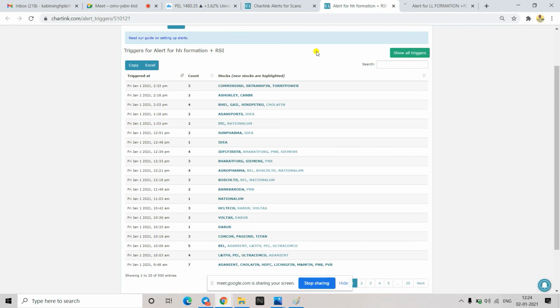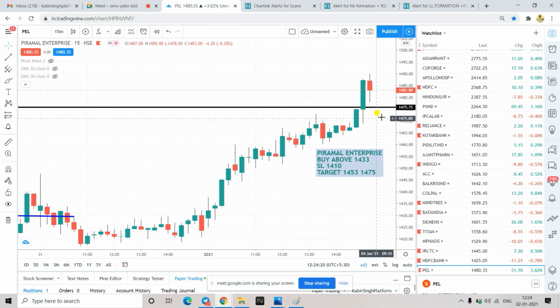Okay, and you can do it by yourself also. Make sure when the market opens at 9:15, just scroll down in your timeline, scroll down in your watch list, and keep those stocks aside, whichever has crossed the previous day high, or which has formed a good candle in the first 15 minutes candle.